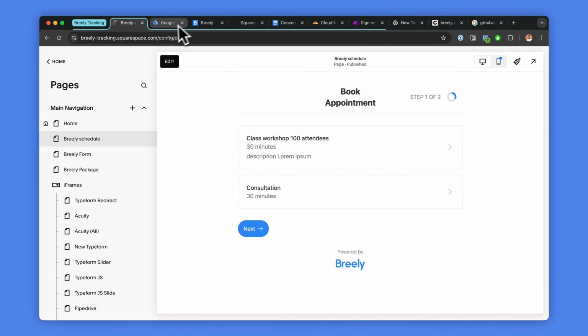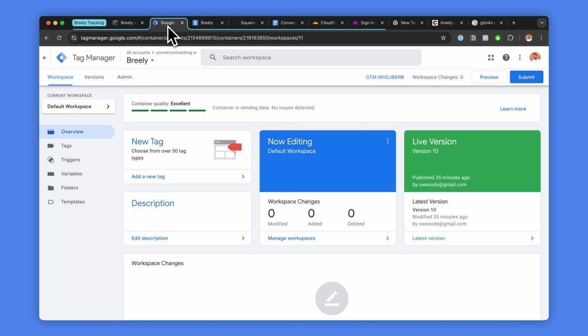Next up, you're going to want to create a Google Tag Manager container. So head over to tagmanager.google.com. It's a free tool, simple and visual, that requires much less and usually not any coding experience to implement conversion tracking. So head over to Tag Manager, and then we're going to install Google Tag Manager into our